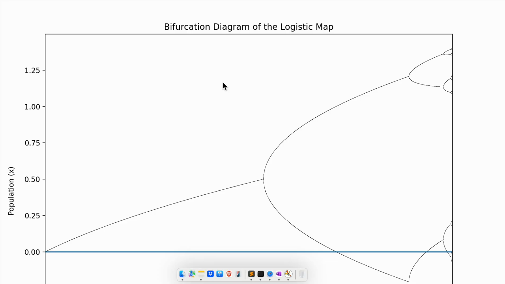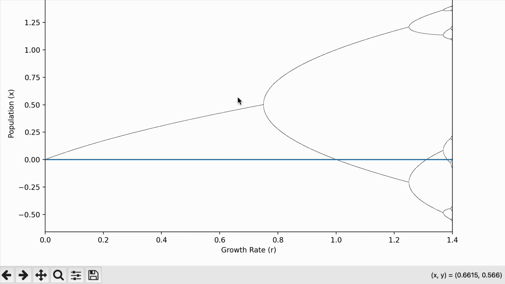So this is not handwritten or hand drawn, but a computer-generated bifurcation diagram. From here you can also see the distance between the first period doubling occurrence and the second period doubling occurrence, the distance is much longer, but from the second to the third, the distance decreased, and from the third to the fourth it decreased further. So the distance is actually decreasing.